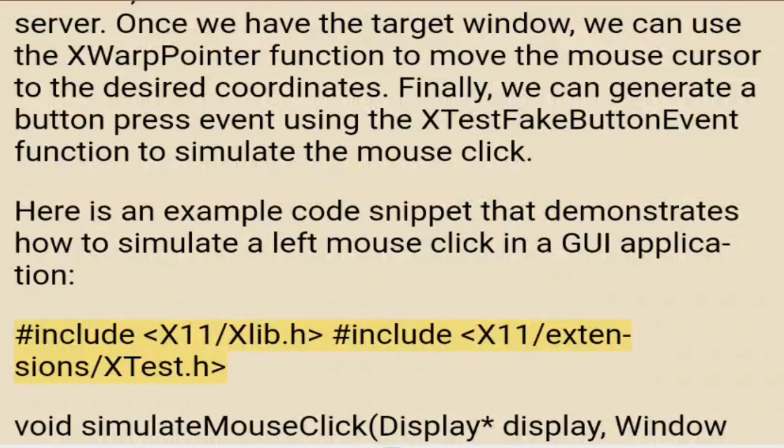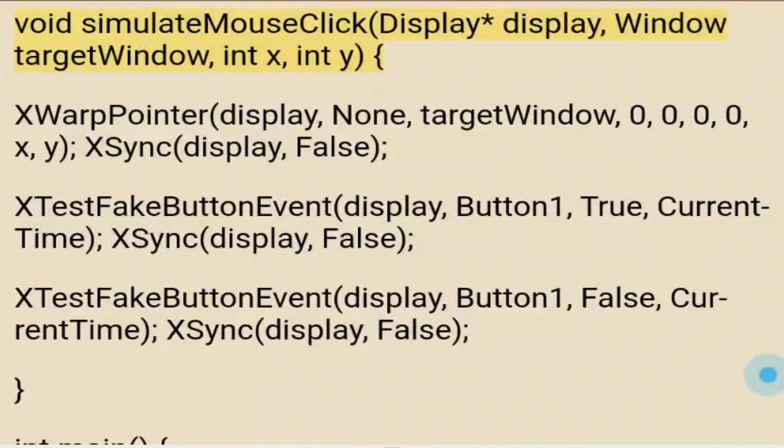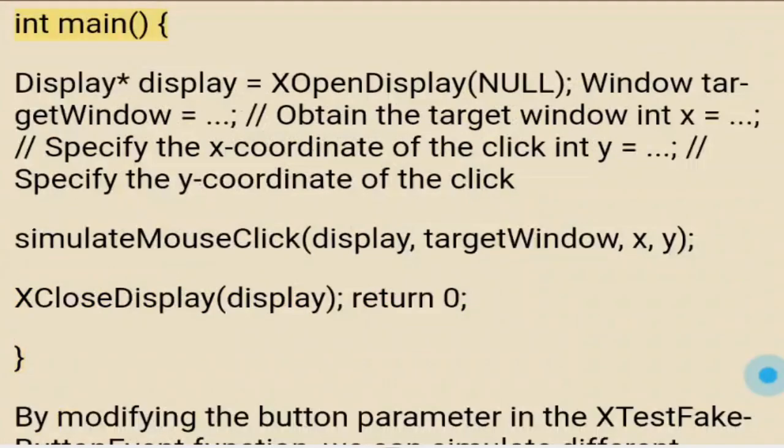#include <X11/Xlib.h> #include <X11/extensions/XTest.h> void simulate_mouse_click(Display *display, Window target_window, int x, int y) { XWarpPointer(display, None, target_window, 0, 0, 0, 0, x, y); XSync(display, False); XTestFakeButtonEvent(display, 1, True, CurrentTime); XSync(display, False); XTestFakeButtonEvent(display, 1, False, CurrentTime); XSync(display, False); } int main() { Display *display = XOpenDisplay(NULL); Window target_window = // Obtain the target window int x = // Specify the x coordinate of the click int y = // Specify the y coordinate of the click simulate_mouse_click(display, target_window, x, y); XCloseDisplay(display); return 0; }